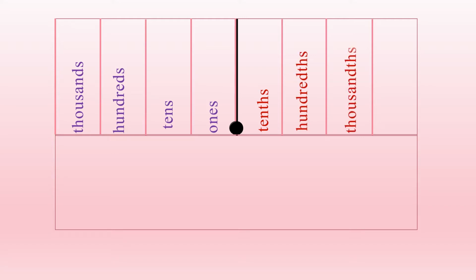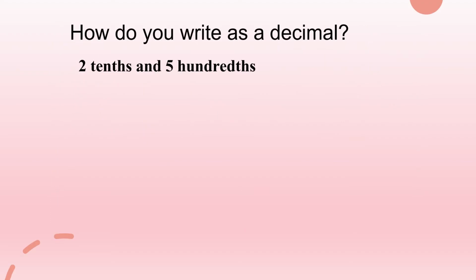Now let us see the place value chart for decimal numbers. In the middle we have the decimal point. On the left side we have whole number, and on the right side we have part of a whole. That means decimal numbers. Let us see one by one. On the left side, ones, tens, hundreds, thousands. Right side, tenth, hundredth, thousandth, ten-thousandth. Yes. How will you write 2/10 and 5/100 as decimal? 2/10 means 2 by 10, that is 0.2. 5/100, that is 0.05. When we add, we will get 0.25.